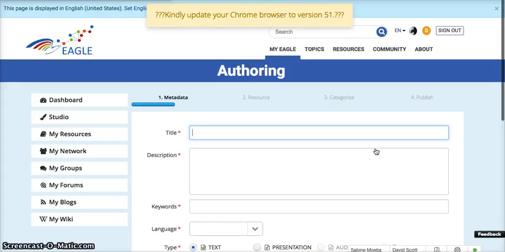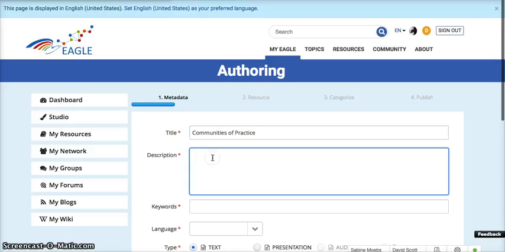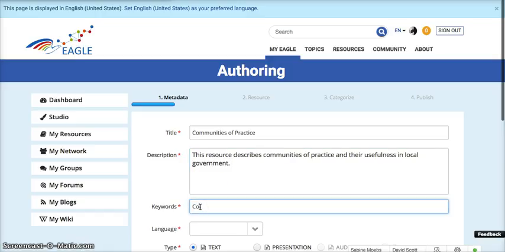It takes us to authoring. So we just put a title of the resource. Let's say we're going to do something on communities of practice. Description, so we can say this resource describes communities of practice and their usefulness in local government. Okay. Then we need to choose some keywords like community, learning, practice,